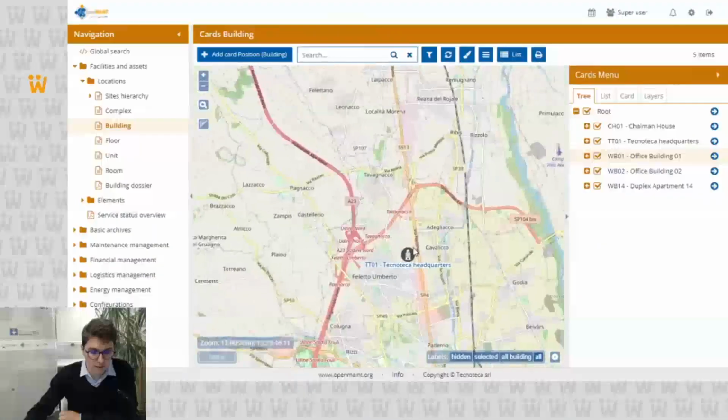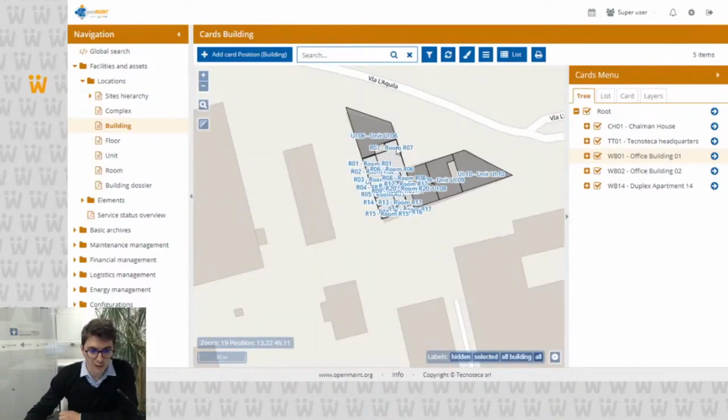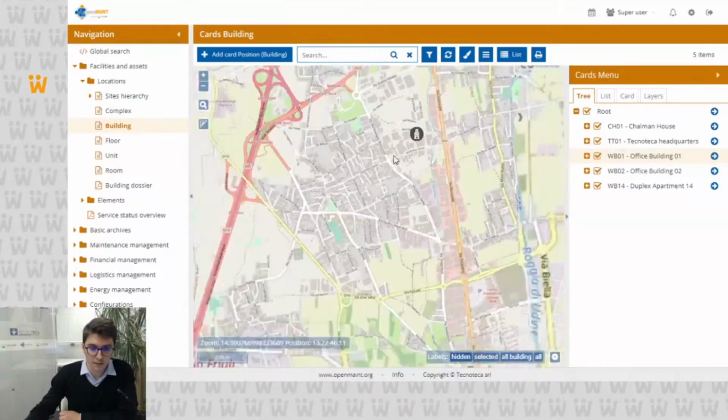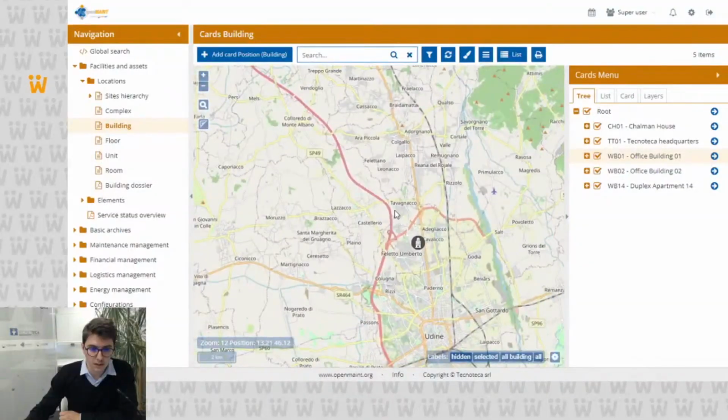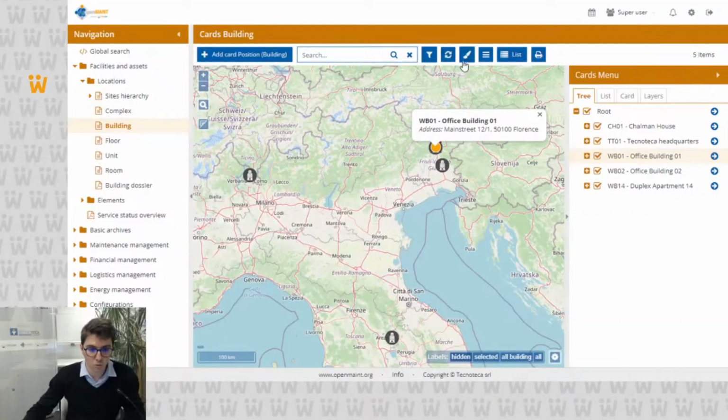In this case, if I zoom the map, here you can see that we have all the labels for all the geographical information displayed on the map. Now if I go back with a zoom out, we have added the possibility to enable the